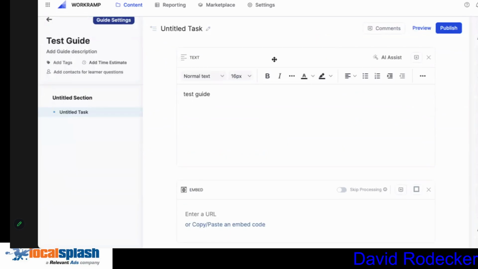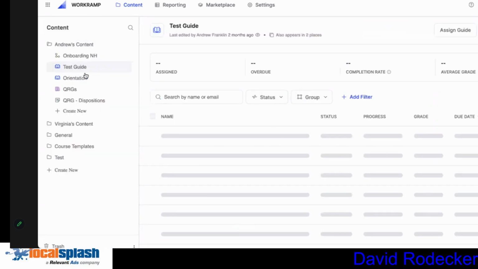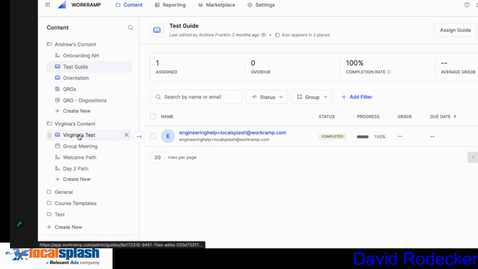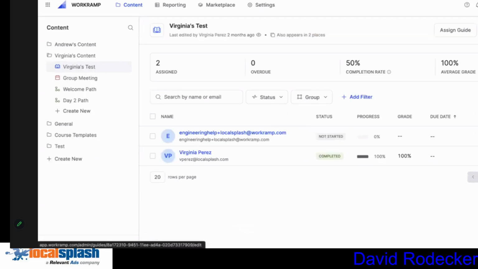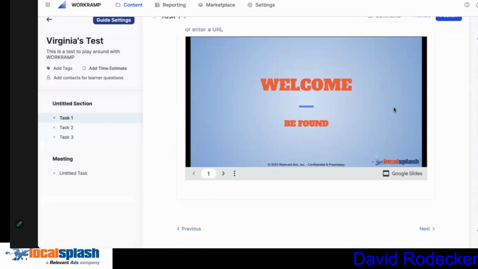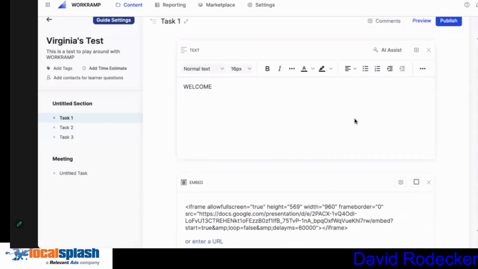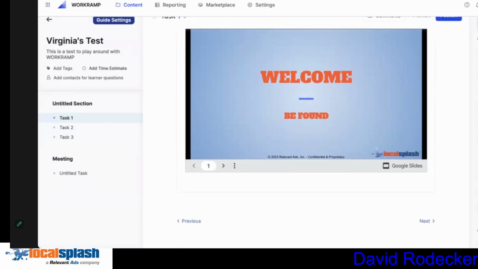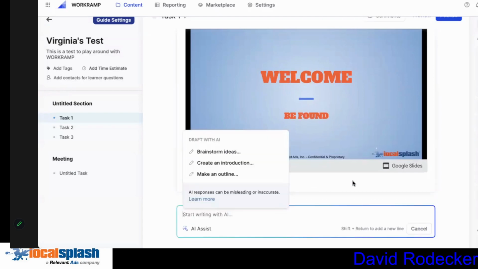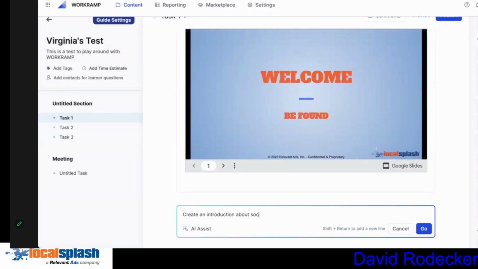I'm actually in the trial account right now, so just looking to see if they've built out any of these guys. So just does it right there. That's beautiful. Yep. So I can go into this one that Virginia put together. It looked like she threw in some Google Slides and a welcome message. For what we have today from AI, we have this kind of AI assist functionality. So I could say, create an introduction about